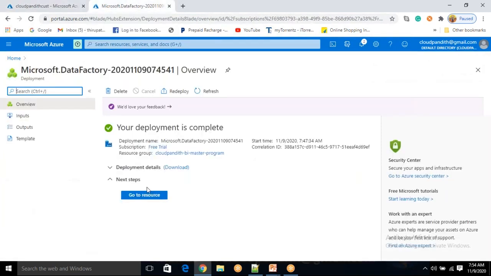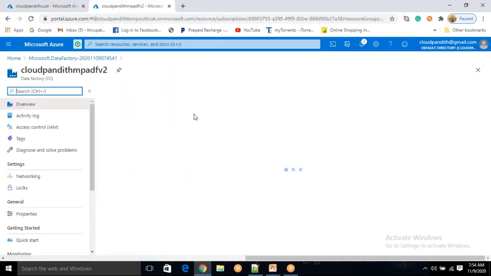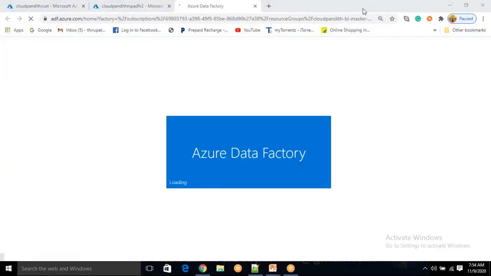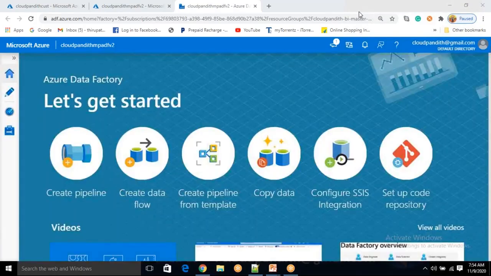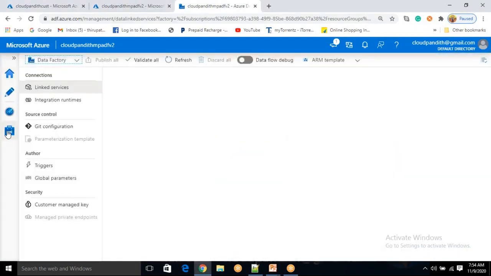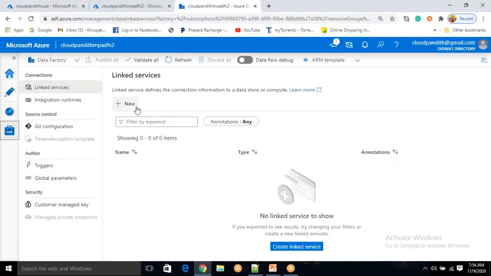Come to Data Factory, click on go to resource, click on author and monitor to open Data Factory. So now do one thing. Let's come to the manage tab. We know a very important thing is that the linked service should be ready. For that, click new,